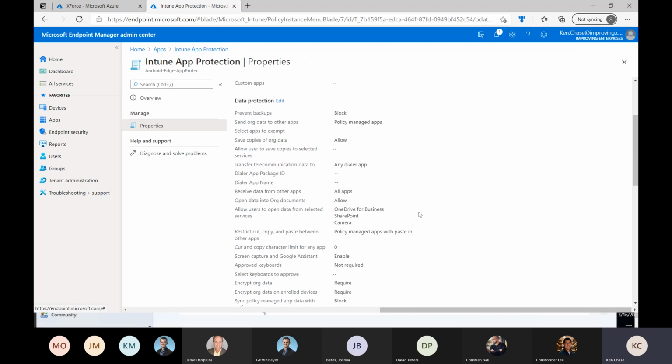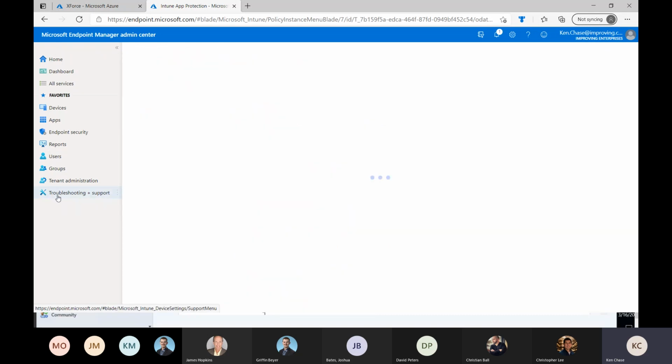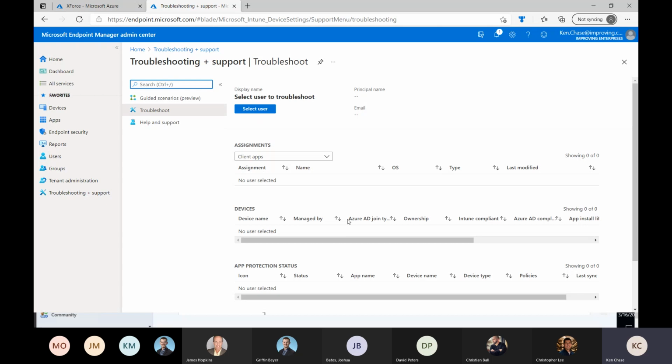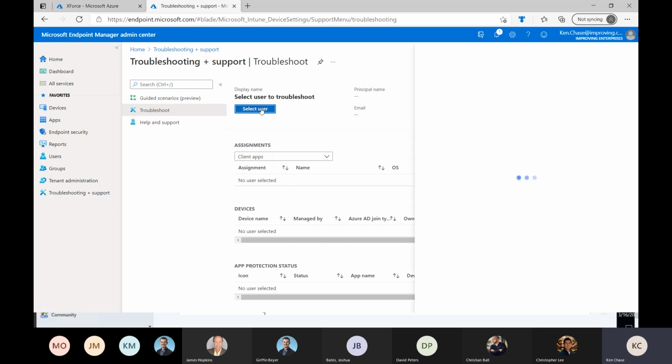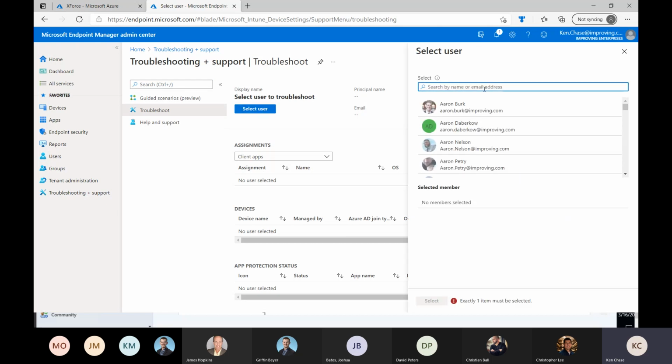So there's a lot of different things that you can do here as it relates to Intune app protection. Really, what I want to show you though is the troubleshooting and support. To me, this is what you'll probably spend a lot of time in once you actually do some of this stuff. So if I were to look at,